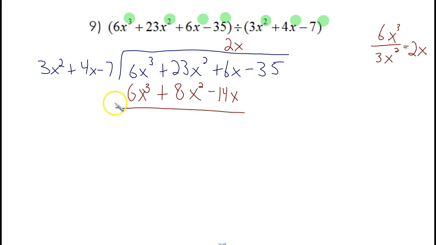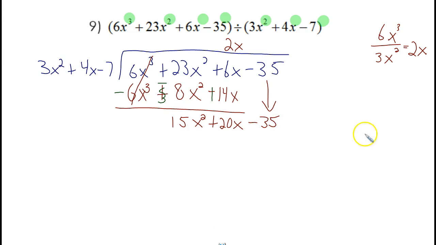When I subtract, all of the signs are going to change to their opposite, because I'm subtracting 6x cubed, I'm subtracting 8x squared, I'm subtracting negative 14x. So those change to minus, minus, and plus, and then I combine those like terms down. Now, the first one should always cancel out. 23x squared minus 8x squared is 15x squared. 6x plus 14x is positive 20x, and we bring down the last term here, minus 35, and we do the